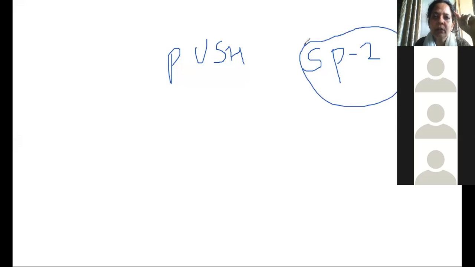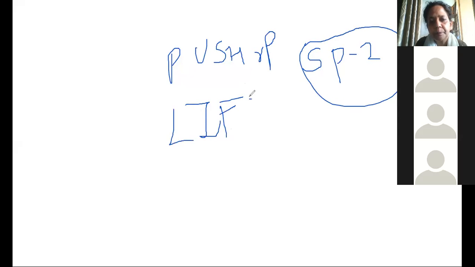So if you get the question in the theory paper, explain the push instruction, you have to explain the whole concept of the stack. Then what are the different instructions for push, that is the general format push RP, correct? And then you have to show how the contents will be stored. This particular thing is called a last in first out structure. Stack is called last in first out.